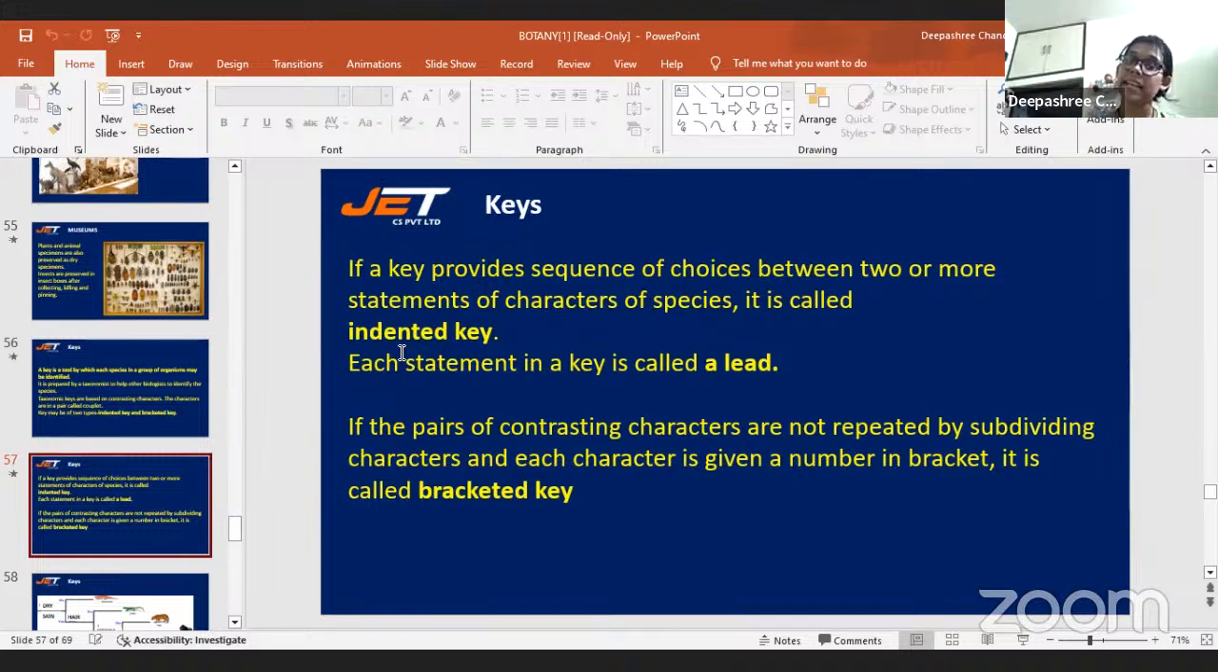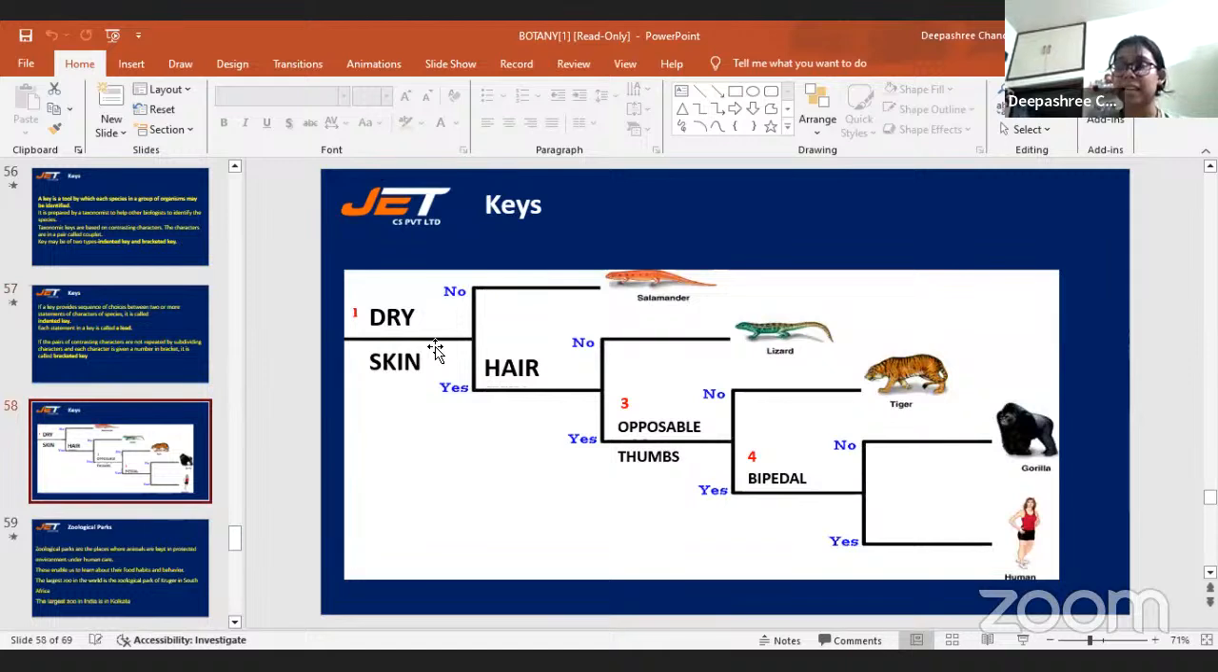And each statement is a lead. And if the pair of contrasting characters are not repeated by subdividing the character, and each character is given a number in a bracket, it is the bracketed key. See this? Dry skin, yes or no? If it is yes,